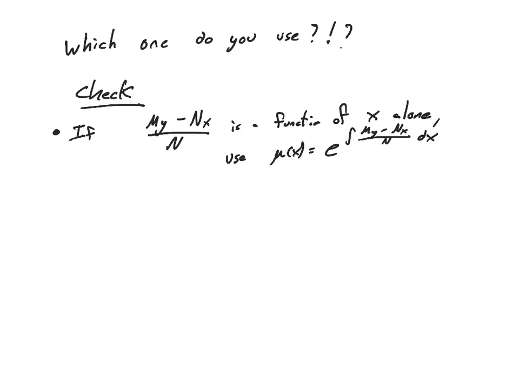That's the first one. The second one, check this out, if n sub x minus m sub y over m